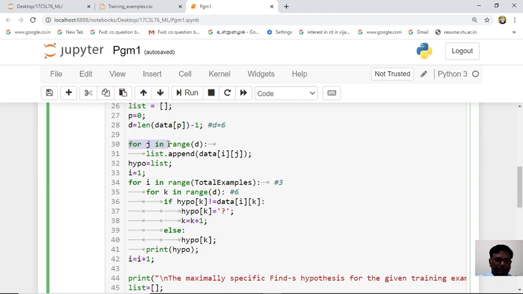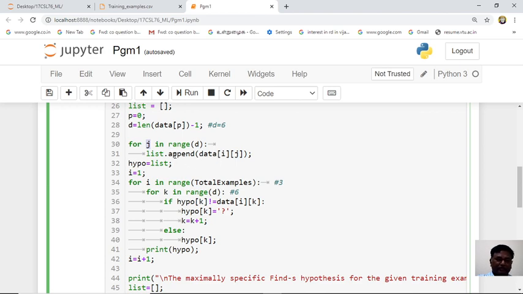For j in range of d, so d is 6, you know. One by one we are separating the values and adding them to this list array. So we are appending, you know file operators. Append data of 0, i equal to 0, already initialized. j is 6, so 6 times, 0, 1, 2, 3, 4, like that 6 times.